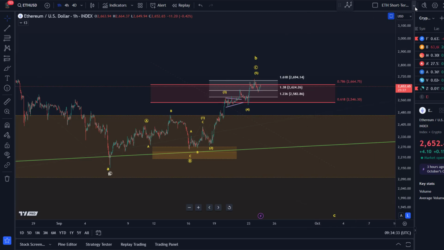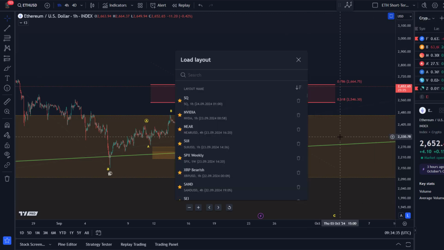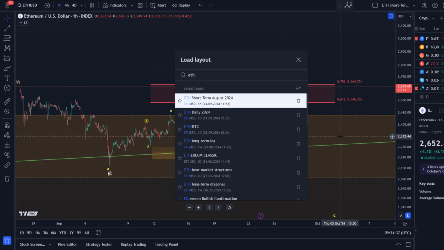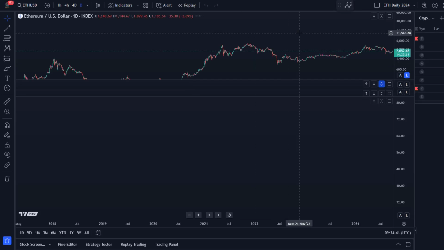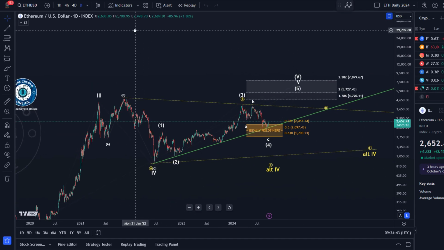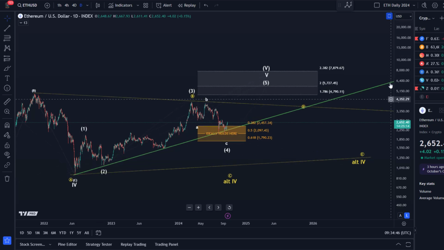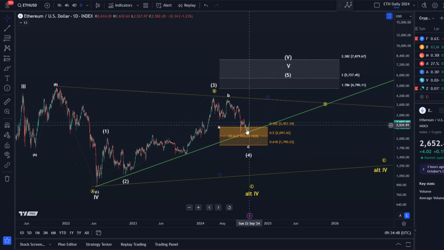Before we dive into the microstructures, I just wanted to start by taking a look at the daily time frame. We don't do that very often, and not much changed, but it's worth doing from time to time. When we look at the bigger picture, we are here in this region where the price reacted to this line that I highlighted as ideally holding here. And we are still holding above the trend line.